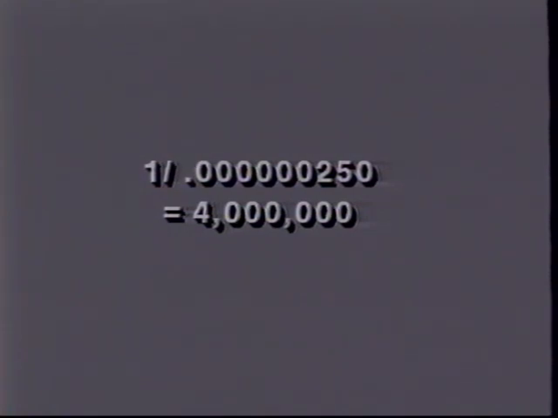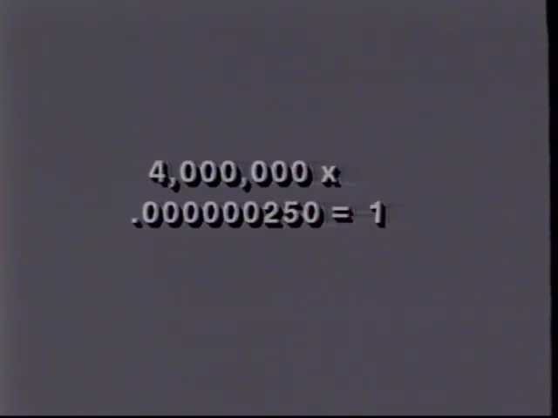So we divide 1, which represents 1 second, by 250 nanoseconds, or 250 billionths of a second. The result of this calculation is 4 million cycles per second, or 4 megahertz. To check this answer, multiply 250 nanoseconds by 4 million. You get an answer of 1, confirming that a signal with a period of 250 nanoseconds has a frequency of